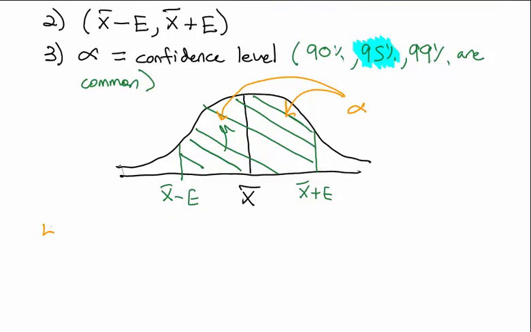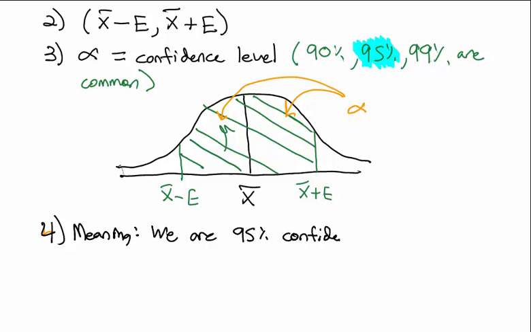And then we interpret our results, the meaning of it. The meaning is we are 95% confident, and again that 95% might be 90%, might be 99, might be 98, might be 50% if you want to be really slack. That wouldn't be very good statistics though. We are whatever percent confident that the true mean,